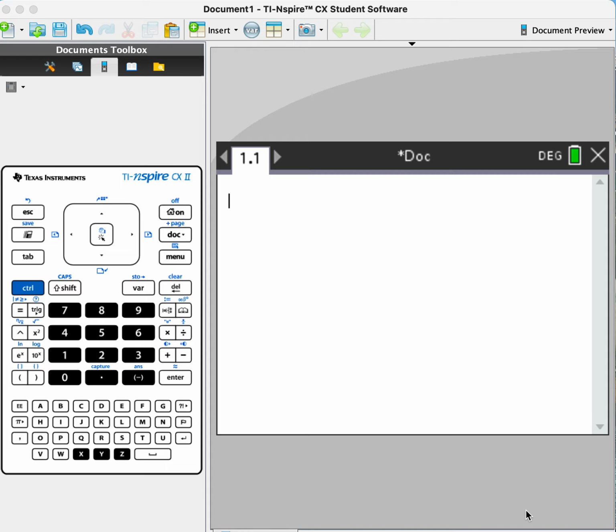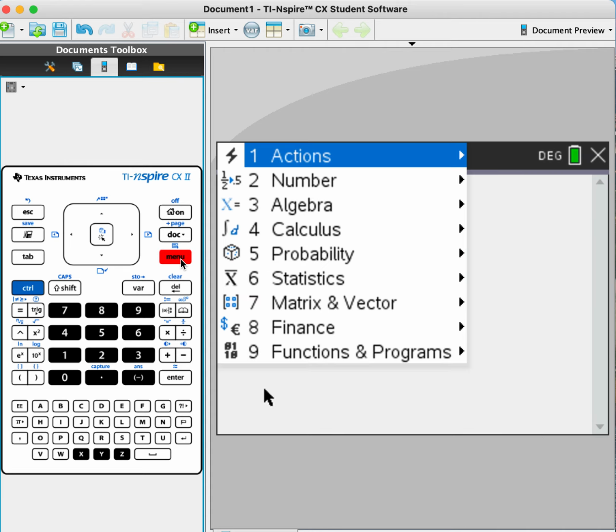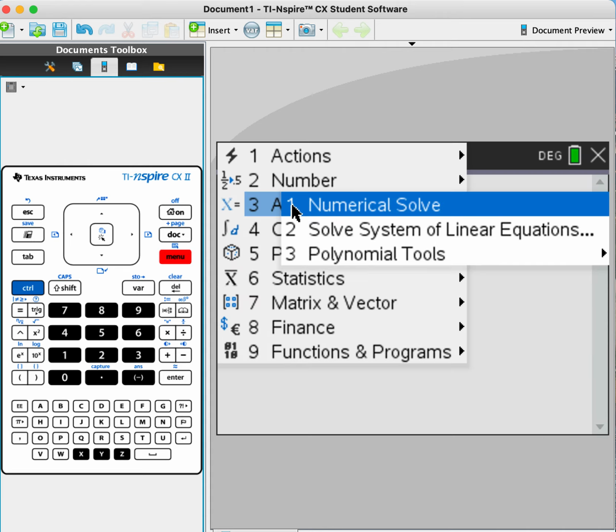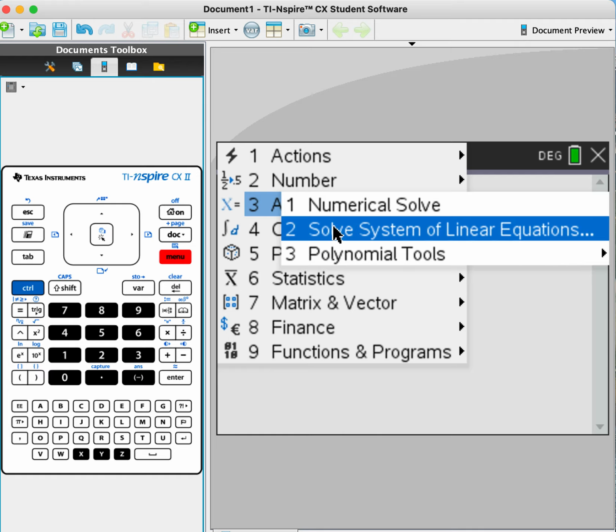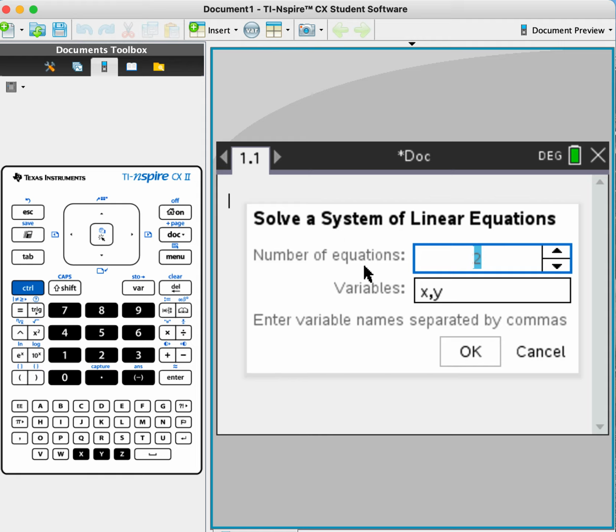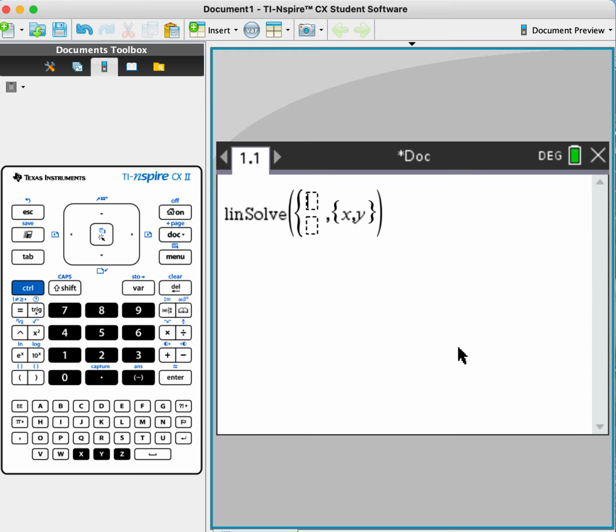Use the GDC to solve a simultaneous equation. From the menu, go to algebra, and you have number 1, numerical solve, and number 2, solve system of linear equations. So let's have a look at this. How many equations do we have? We have 2, and the variables are x and y, and we can put in the exact equations as you have